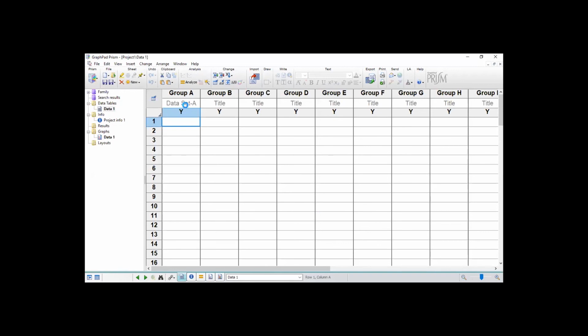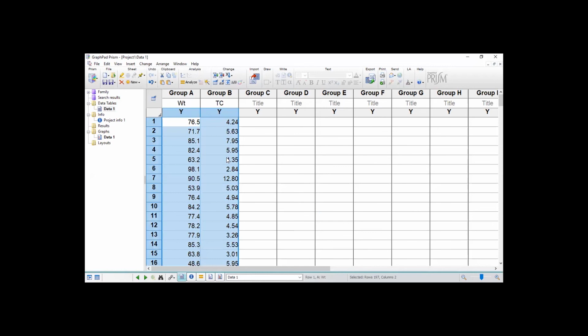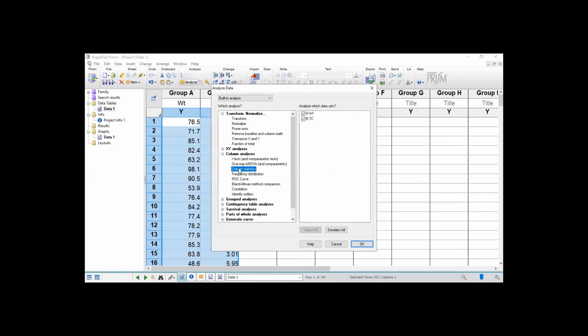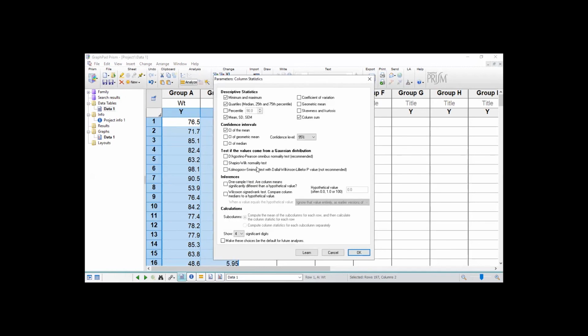I had already copied it, so when I paste with Ctrl V, it gives me the values. We go to Analyze, and then we do column statistics. Then we click OK. Now we select the type of test to be done. We'll run the Kolmogorov-Smirnov test on it and see how the two variables fare.